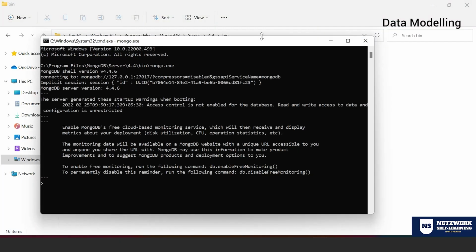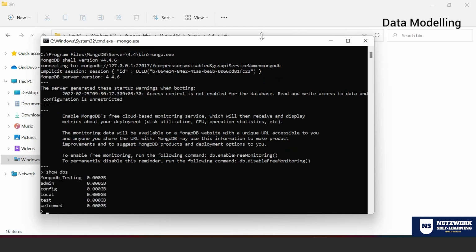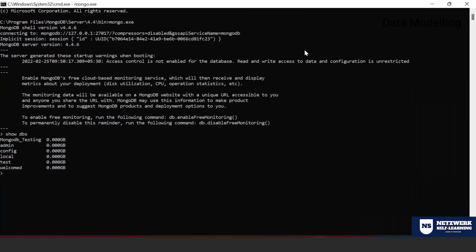Type mongo.exe. Now you put show dbs. It is going to show the number of dbs that have been created. Now look at that, it displays even the db that we created recently, correct? To enter into a specific db, like most databases, you need to use the command called use to enter into the particular database. So use MongoDB